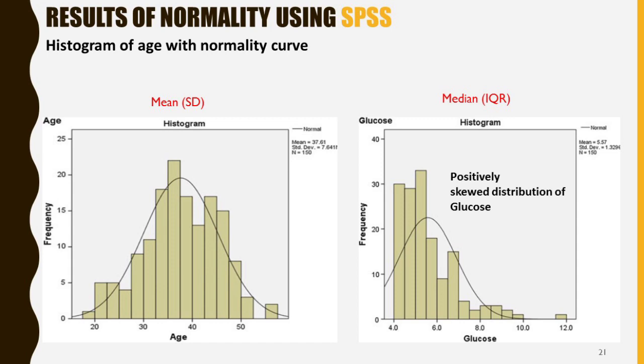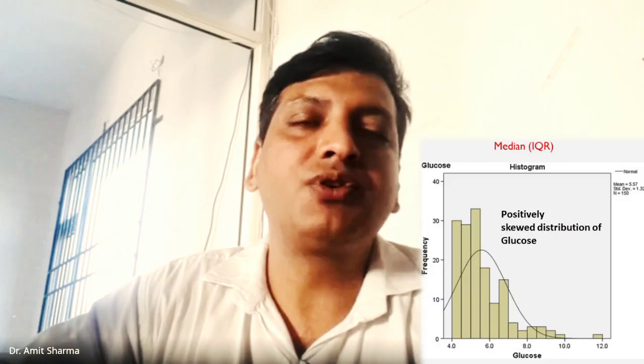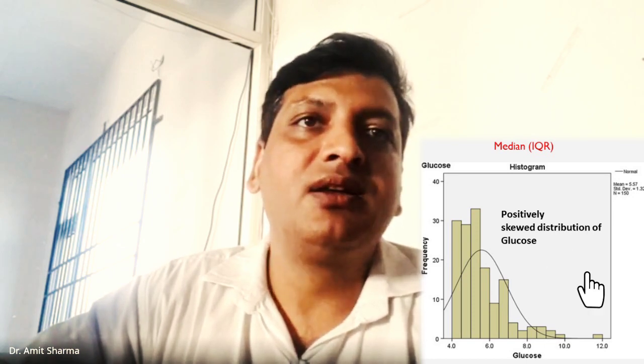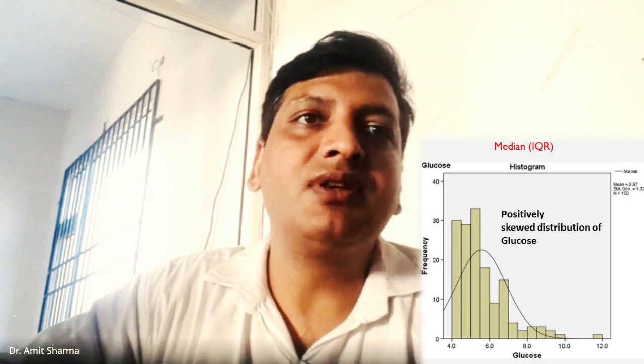That means most of the patients, or the age of the patients, is at the starting. Here we are getting most of the numbers, and the data is right-sided or positively skewed. So skewness is more on the positive side. If most of the patients are somewhere here, we say the data was found negatively skewed or left skewed. So you can use both terms, positive or negative, or right or left.